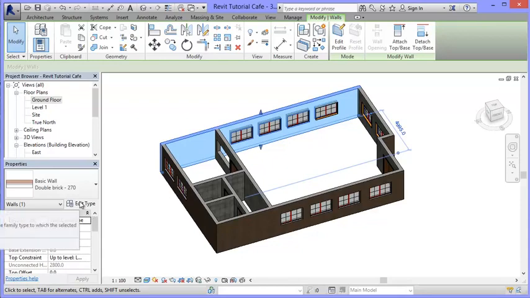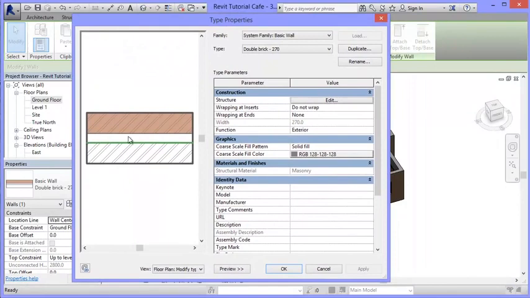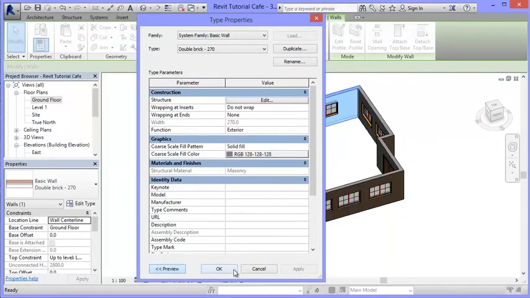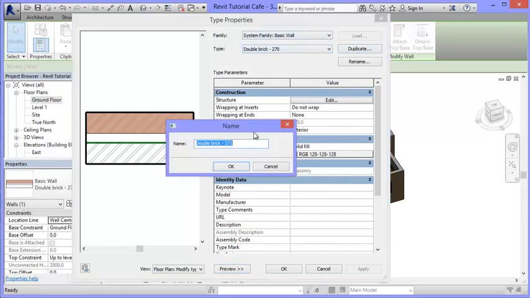So what I'm going to do is click on Edit Type, and in here it shows me a picture, first of all, so I've got Preview switched on over here. It shows me a picture of that wall through a sort of cross-section view of it. Now we can actually see that on the plan itself if we switch views, and I'll show you that afterwards. But basically what I want to do is make a duplicate of this and call it something different. So